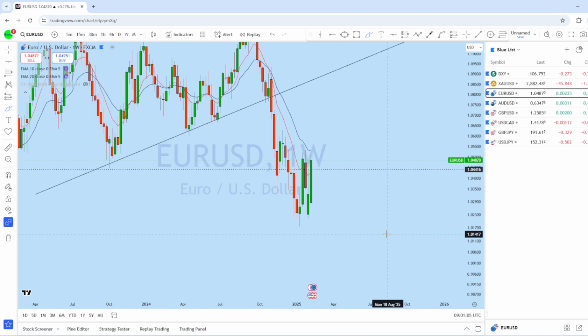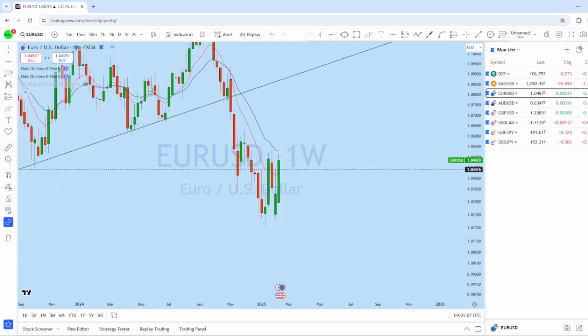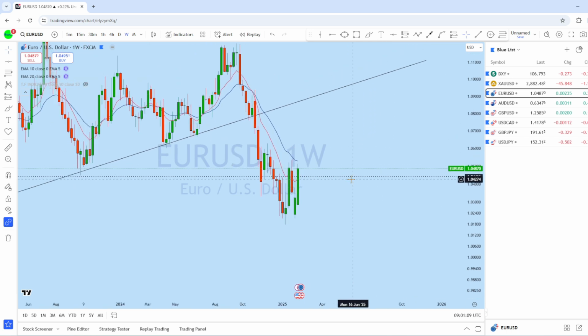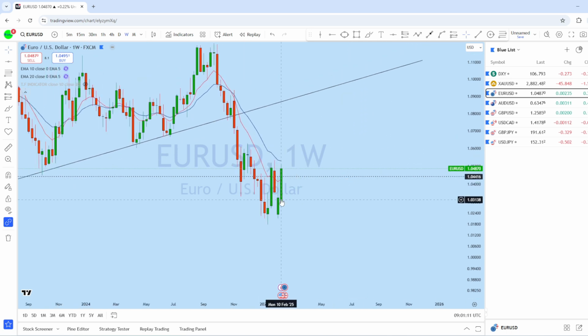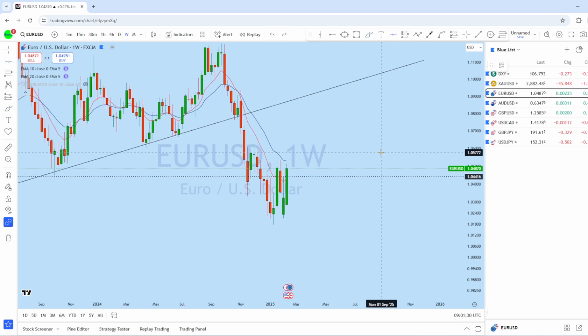Now dropping down to the weekly chart on euro dollar, we can see that from the weekly perspective there is a gap open, and the market this week so far managed to bounce back up, back-to-back 2 gap opens and formation of a couple of green candles, giving a potential signal for euro dollar to bounce again. And I think that as we can expect DXY to come back down here, we can expect euro dollar to mirror it to the upside.